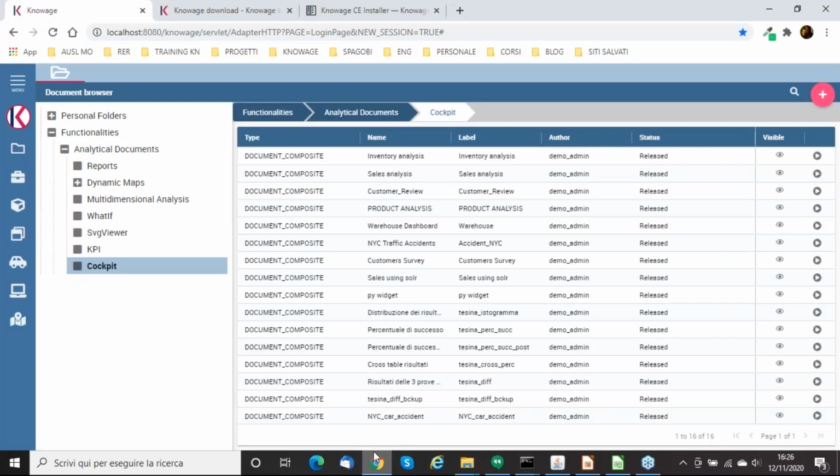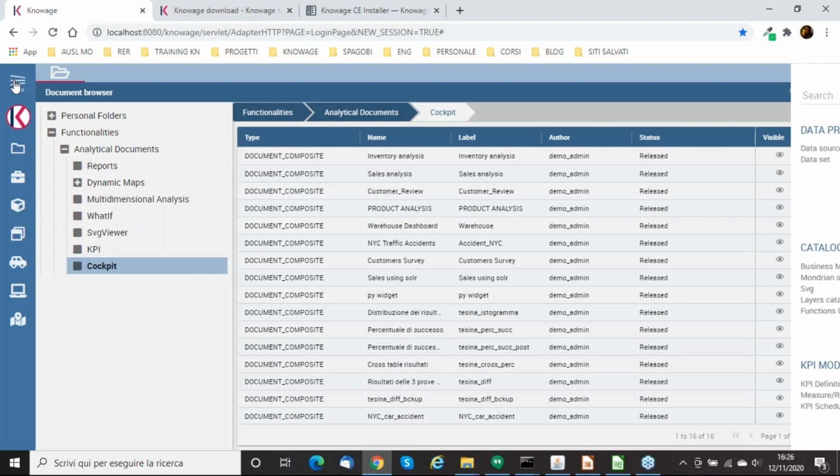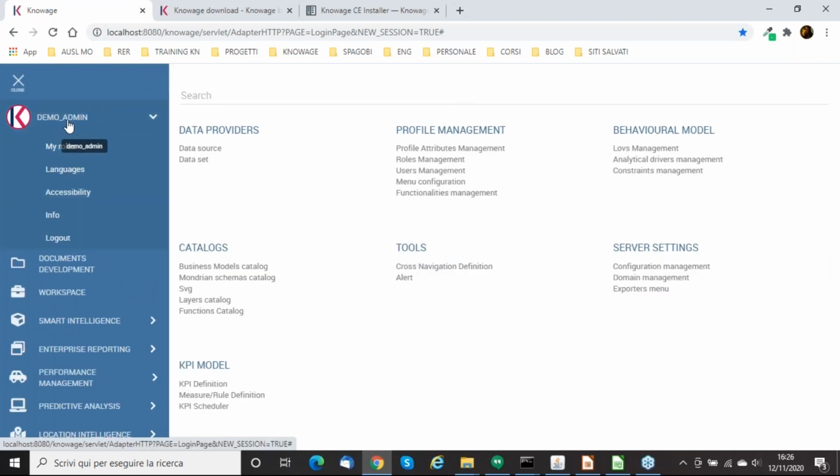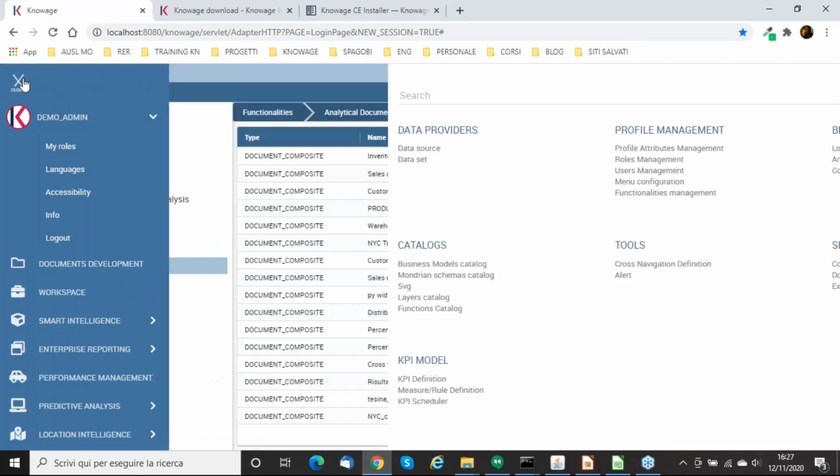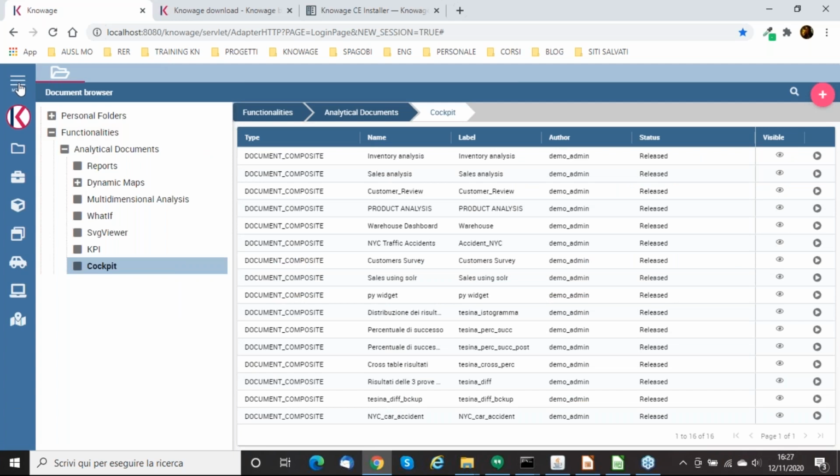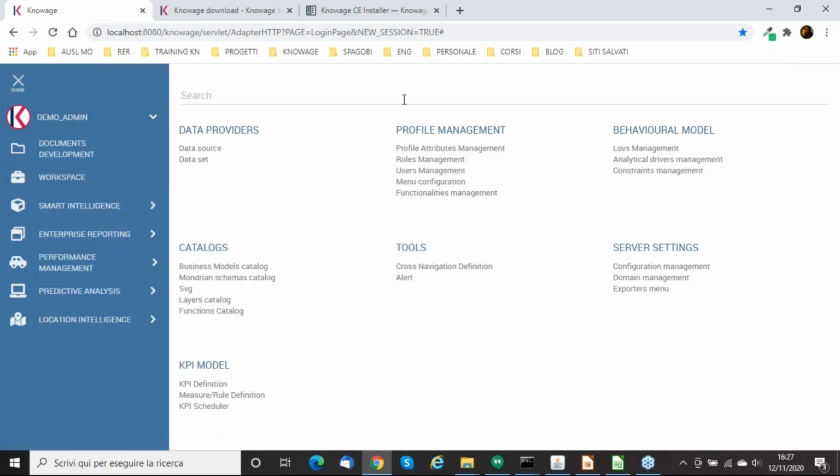So here we go. We are here. We logged in as demo admin. And if you exploit this menu here, you notice that the administrator menu appears, which is divided into sections. There is the data provider section, the profile management section, etc. The first section is the data provider, which of course contains the data source configuration